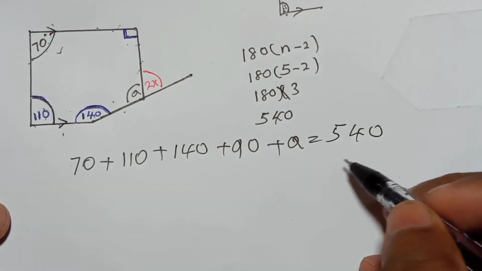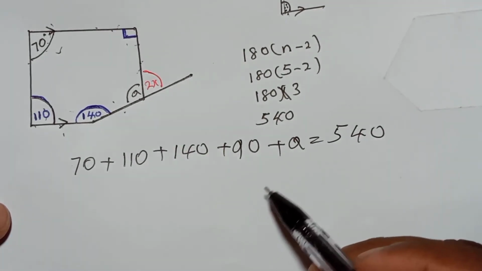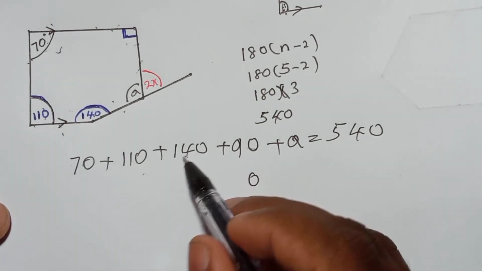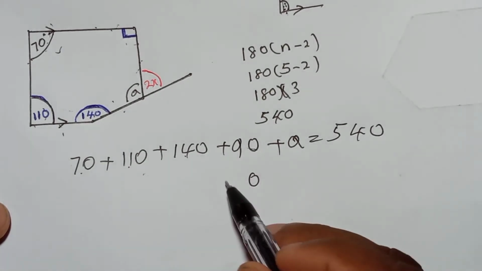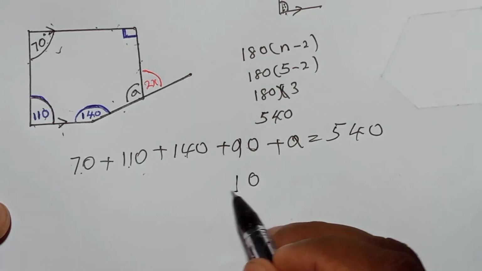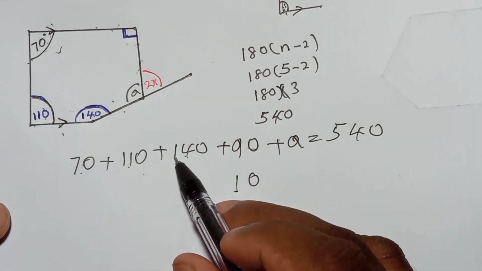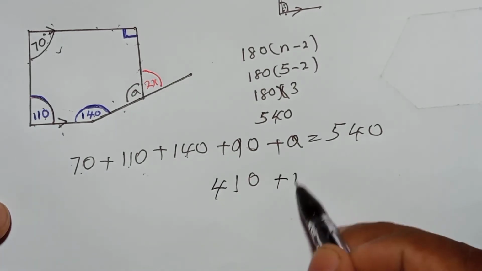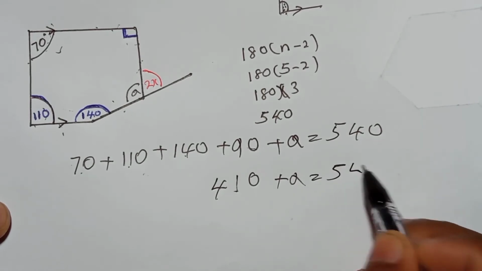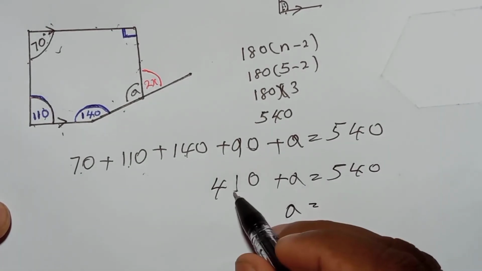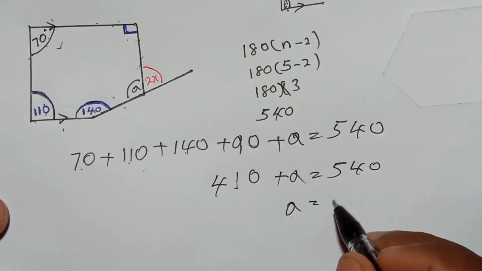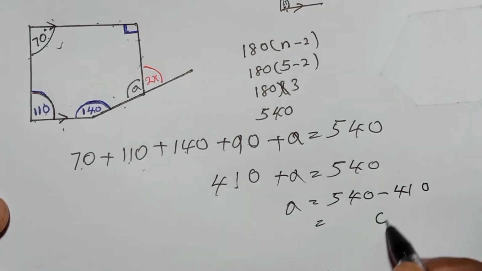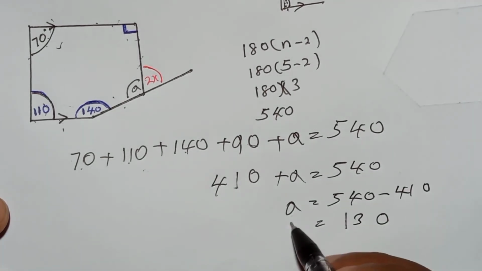Then I can get a, that means this angle, right? Then here it will be 0, 9 plus 13, 13 plus 14, 14 plus 7, 21, here 1, 2 remain. So here will be 2 plus 1, 3, 3 plus 1, 4, 410 plus a, equal here 540. Now 410 bring to this side, so 540 minus 410, so here will be 130, a equal